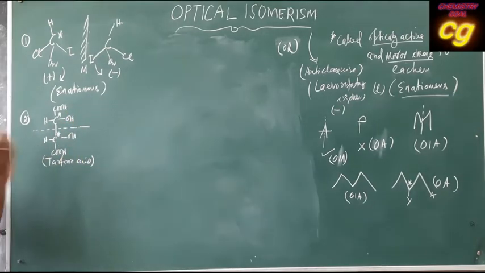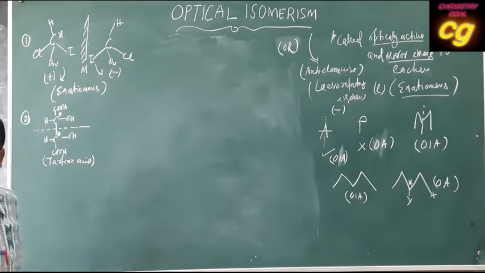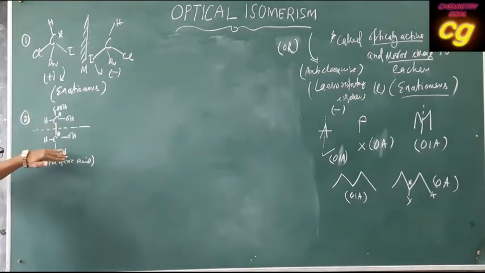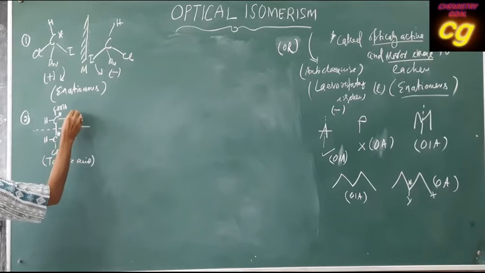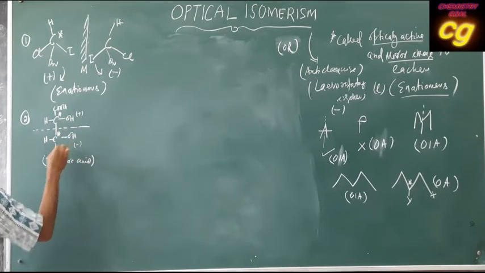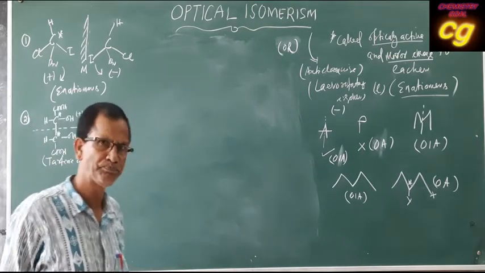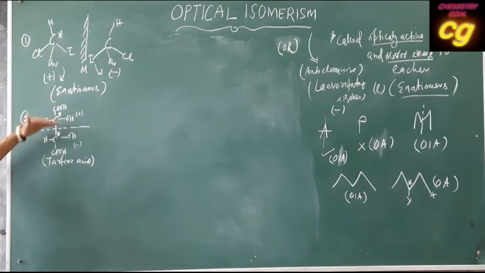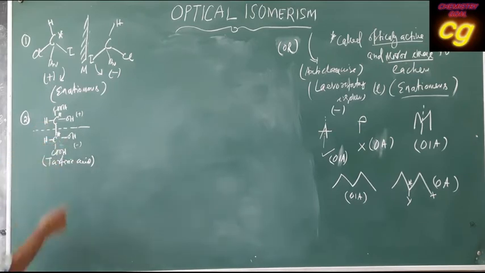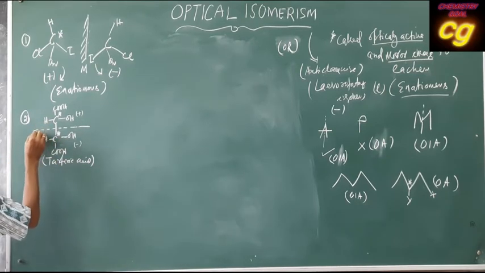But here is the same molecule. The upper half is showing plus, let it be plus, and the bottom is minus, a mirror image. If the top is plus, the other side is minus. If plus and minus are both there, they will oppose each other. The plus half will oppose the minus half, because these two are mirror images. If mirror image, that means plane. It is plane symmetry,